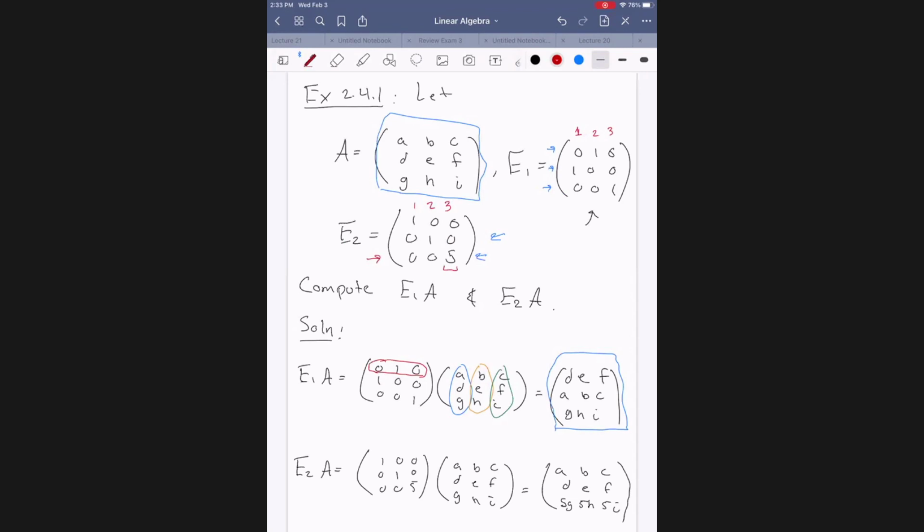So as you practice these, just come up with your own way of seeing this. This is how I see it, at least. All right, so now that we know this,